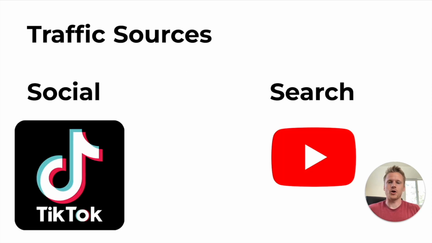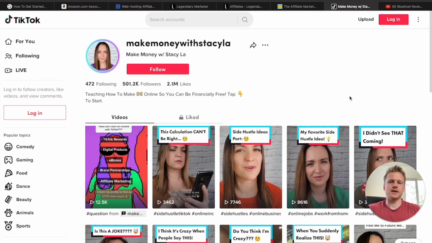After you've joined Legendary Marketer and you have your affiliate link, now I recommend targeting both the social and search traffic for keywords around the make money online niche. Then I recommend that you create content on both TikTok and YouTube. And this content should really be educational based, and you should be giving tips on both your TikTok and your YouTube videos. Pack them with tons of value so that you build know, like, and trust with your audience. And then you're going to have a strategy that works both in the short term on TikTok and in the long term on YouTube.